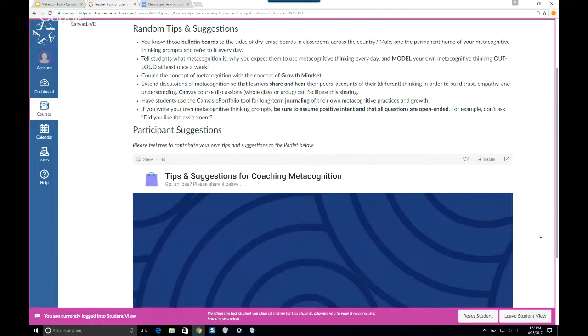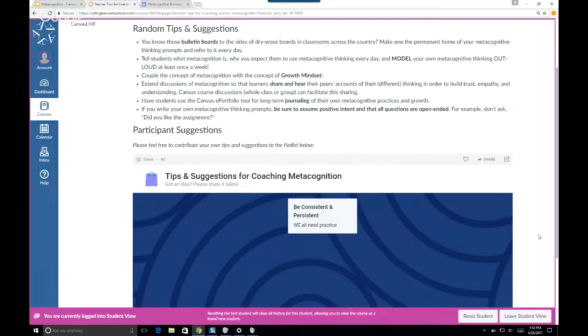Second thing is, if you expect it, you better model it. So I would encourage you to talk about metacognitive thinking, use those words even with young learners so they know what that word means, and then model your thinking out loud often, especially with the younger guys. Even the high school students need to hear it, because everyone benefits from hearing an adult that has thinking processes in place, describing and walking through those ideas. I'd strongly urge you to talk about specifically how this idea of being metacognitive in your thinking practices really aligns with this idea of growth mindset.